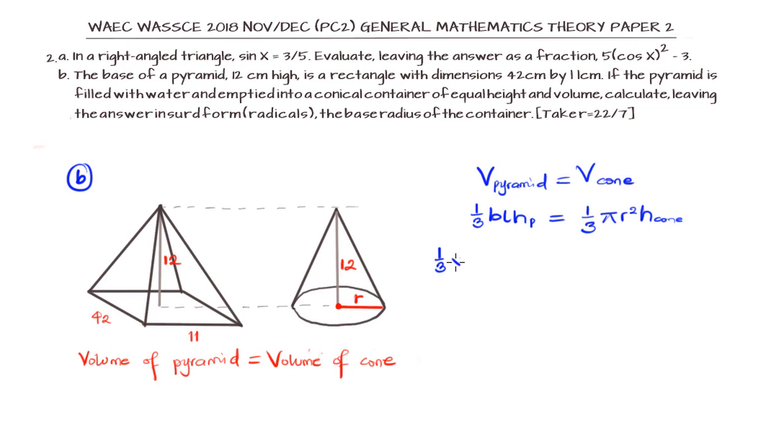So if you put in these values, which you have already, the base is 42 multiplied by the length 11 multiplied by the height, which is 12, is equal to 1/3 pi, where pi is 22/7. The radius is what we are looking for, and the height is also 12, the same height. We can cut out similar values. 12 can cut out, 1/3 can cut out, 11 can be used to cut 22, we have 2. So we are left with,